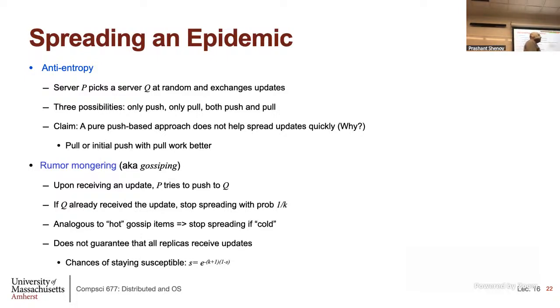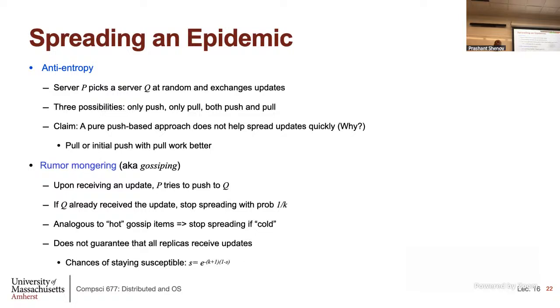So the assumption here is that you have times for this. You have to have some way to know what is an update and whether you have a newer version or some others have a newer version. So the simplest example is you have timestamps on files, and we'll assume you use NTP or some clock synchronization. So clocks are synchronized. So you can simply, if these are file searches, you can look at file update times